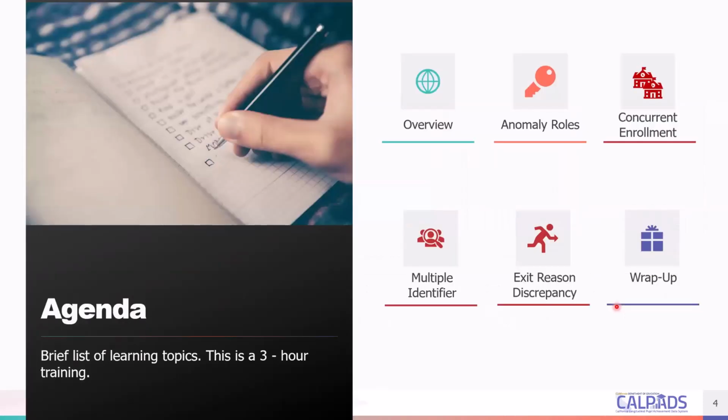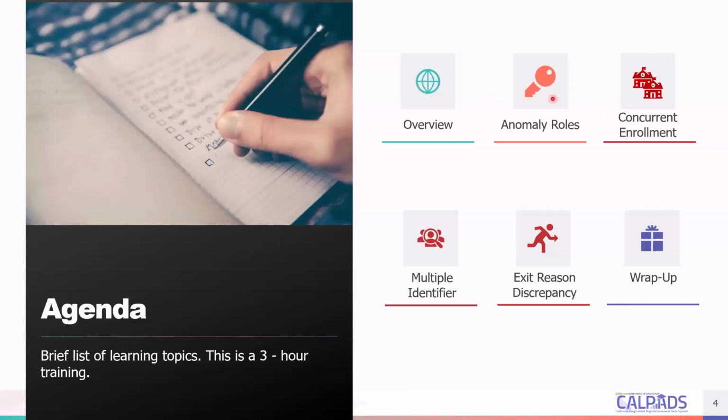Right. Our session for today will cover the following topics. So, again, we'll begin with a general overview of what SSID anomalies are and why they occur. We'll explore some of the core features and tools available for managing anomalies within CalPADS.